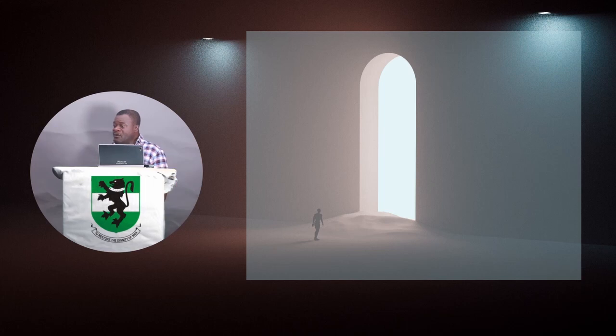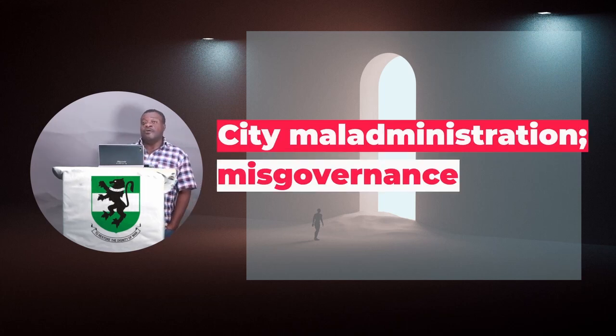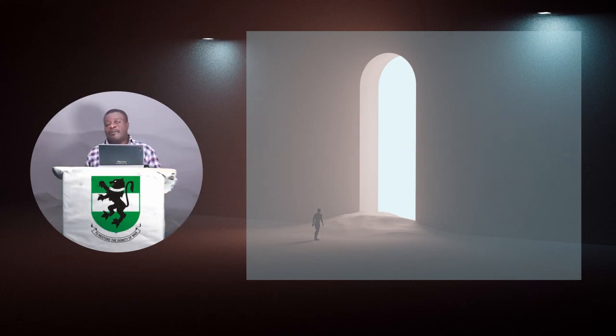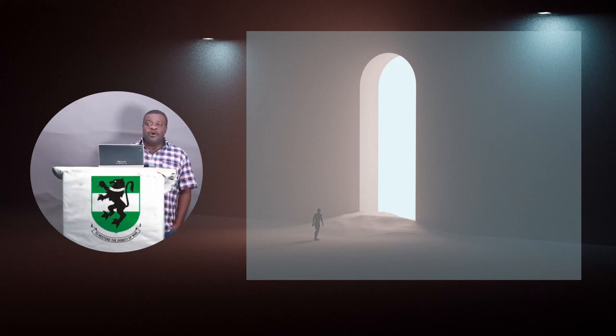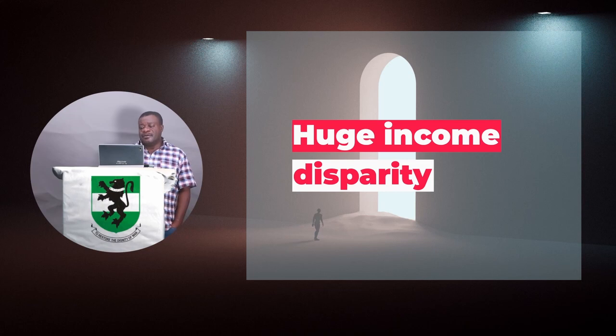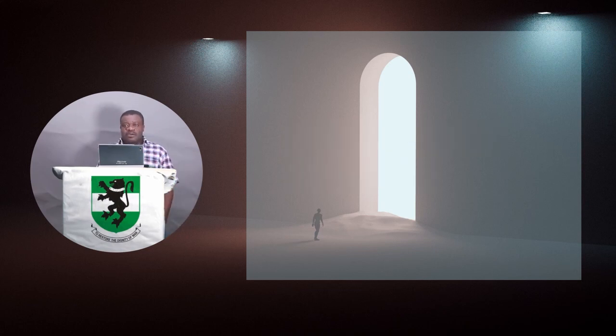Conflict can also result from what you can call city maladministration or misgovernance, which means those who are in charge of administering the city or urban planners have failed to do due diligence in terms of their work, and they have failed to respond to the needs of the urban population. The fifth one is income disparity or income gap, between different social groups. This is especially very dangerous when there is low social provisioning and lack of structural actions on the part of the government to address the gap between those who have and those who do not have.